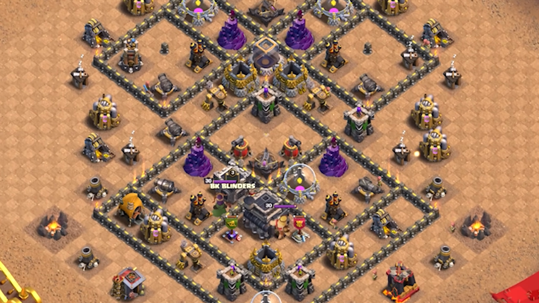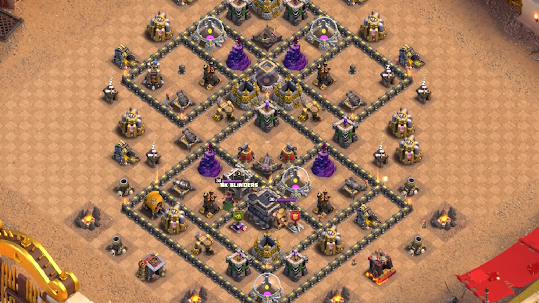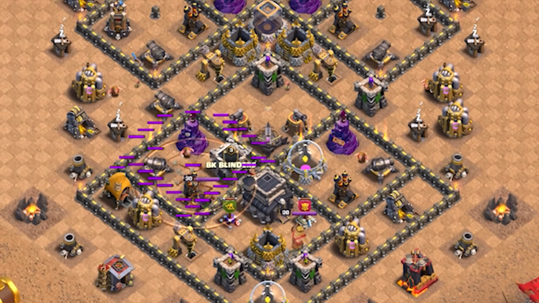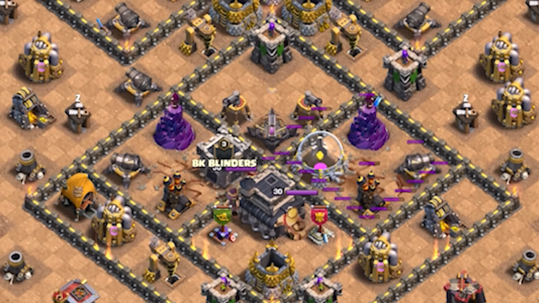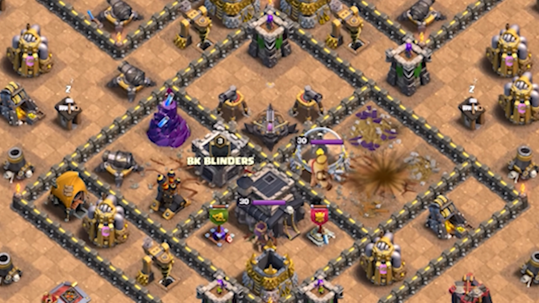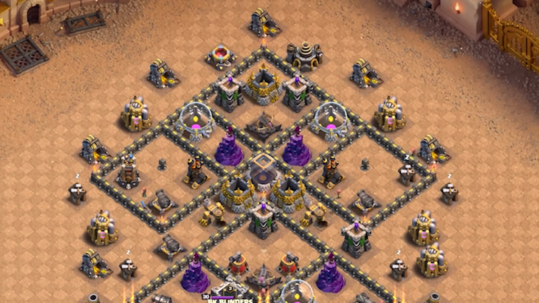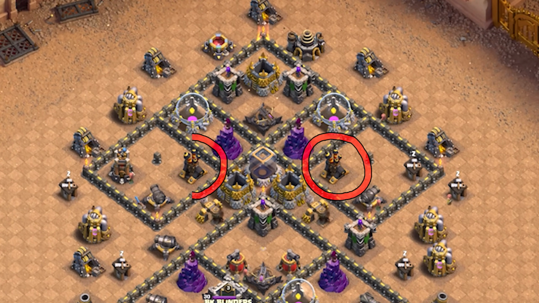So first of all, find where the air sweepers are and which side they are facing. Since they are facing towards the bottom side, you want to quickly zap both of those bottom air defenses. Definitely try to deal damage to the nearby defenses as well, and potentially even take them out along with the air defenses. Next up we are going to try to destroy at least one or even both of their defenses using